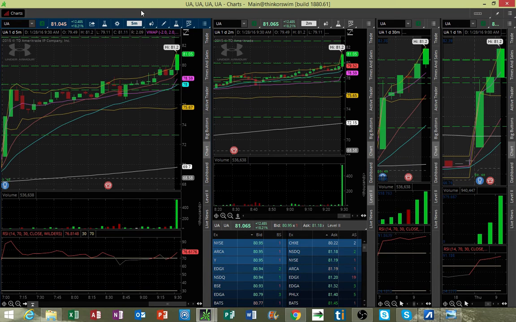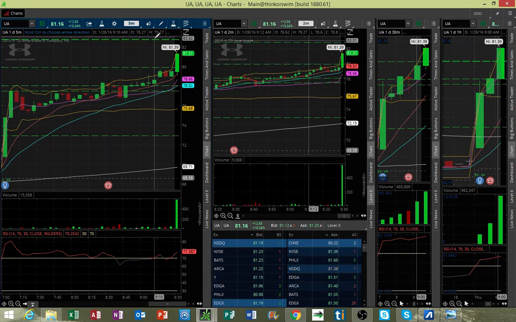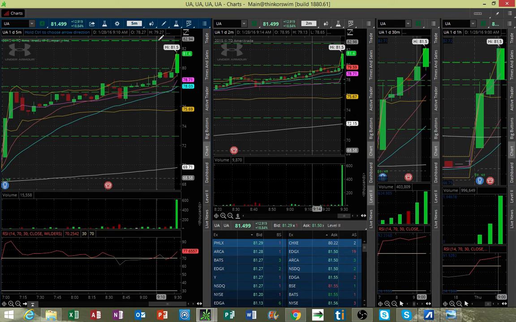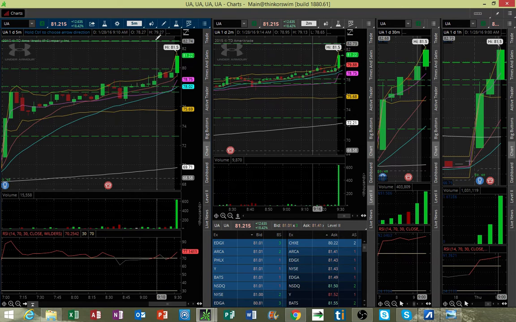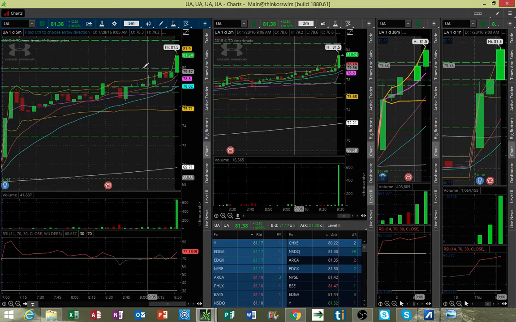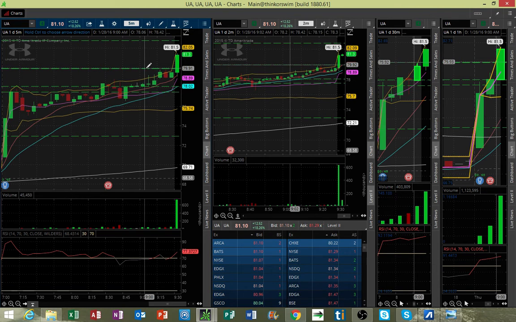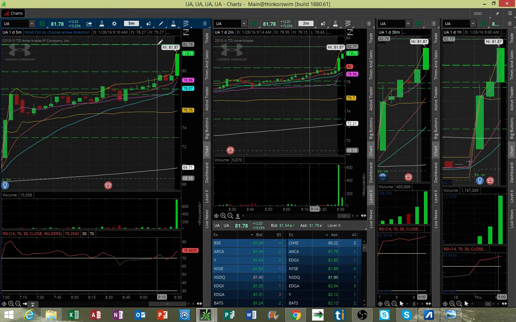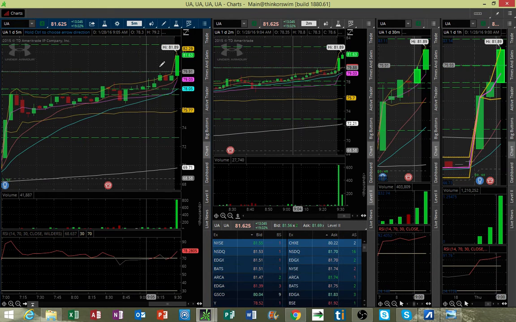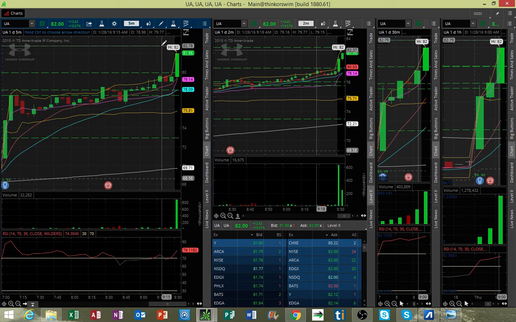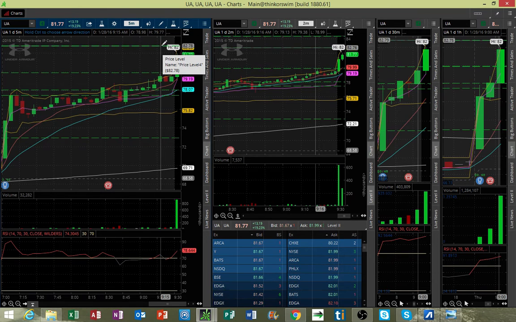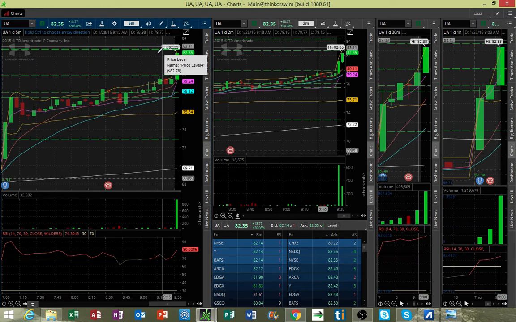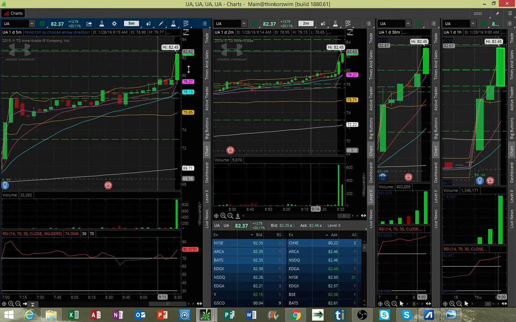And so you see here's a level that's coming into play. And this would have been a level that I wanted to short off of. If I got the long here, I would have closed out my position here. If I could have got the 5-minute open range breakout and picked up a point, then I would have flipped it short here or shorted it into this resistance